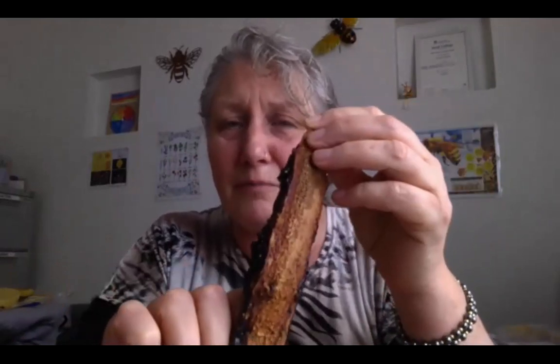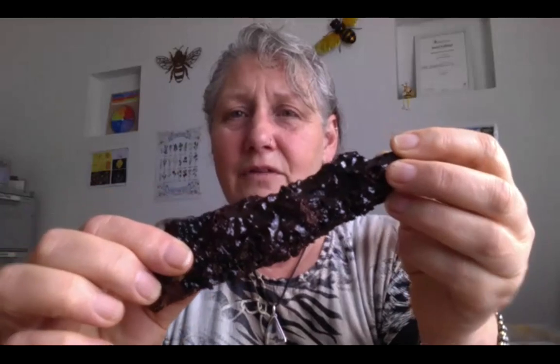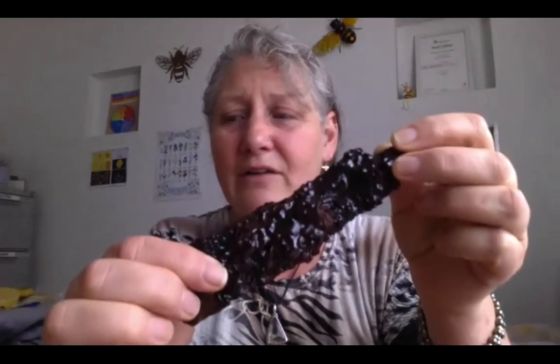So let's go back to the first one I spoke about, which was propolis. So this is a bit of bark from the gum tree. And this is actually gum or sap from the gum tree that you're looking at there. So that's the raw form. That's what the bees will gather and collect. And when they take it back to the hive,